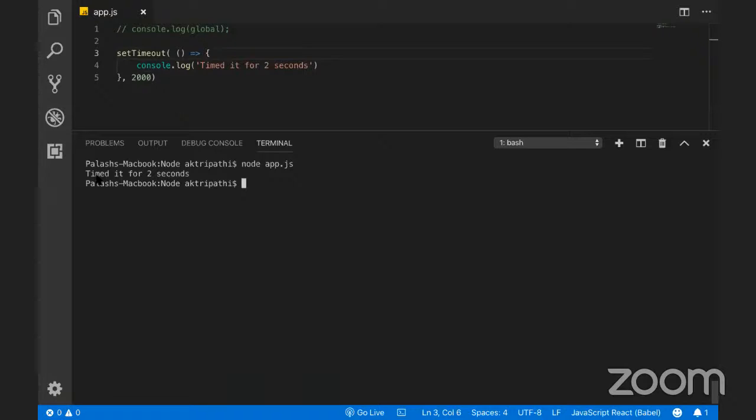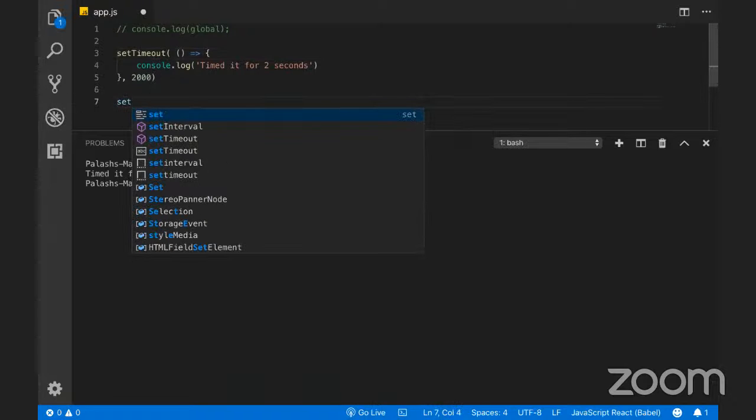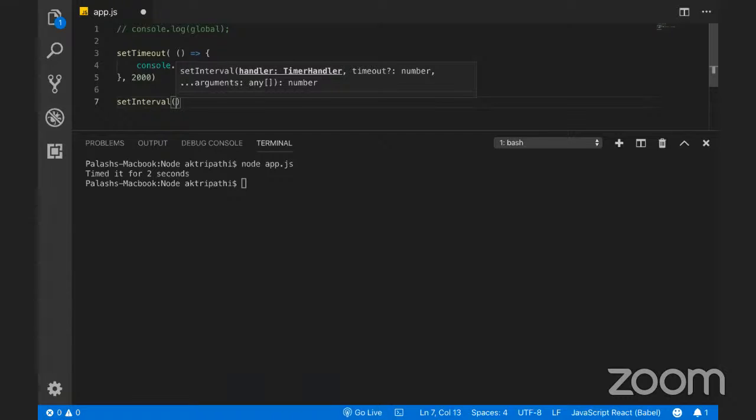right? Let's say I want to have this thing printed every 2 seconds, हर 2 सेकेंड में मेरे को प्रिंट करके देते रहो चीजें. तो उसके लिए एक और फंक्शन था, हमने देखा था set interval, right? So this set interval will actually, similar to set timeout, take in 2 parameters. One is the function parameter which is a callback function. और दूसरा है कितने इंटरवल पे हमें ये चीज चाहिए. तो I said 2 सेकेंड के इंटरवल में ये फंक्शन बार बार चलता रहे. तो यहाँ पे हम लोग क्या करेंगे,